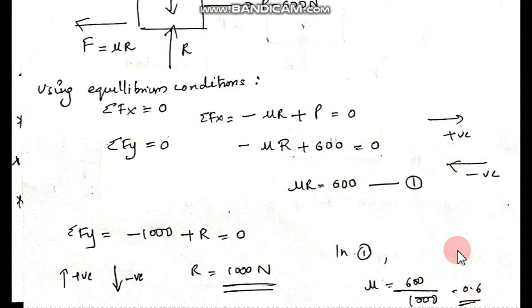If you want to find out any unknown terms out of these terms that you have here, that is what they'll be asking you for the exam. Just understand how to draw the FBD diagram, and remember that reaction will always be perpendicular to the surface, comes out of the surface, acting on the body, towards the body. Okay, and if the surface is inclined, obviously the axis will be inclined, reaction will be inclined, and like that we need to proceed with the problem. Also remember the definitions, the proof for theta is equal to phi is really important.